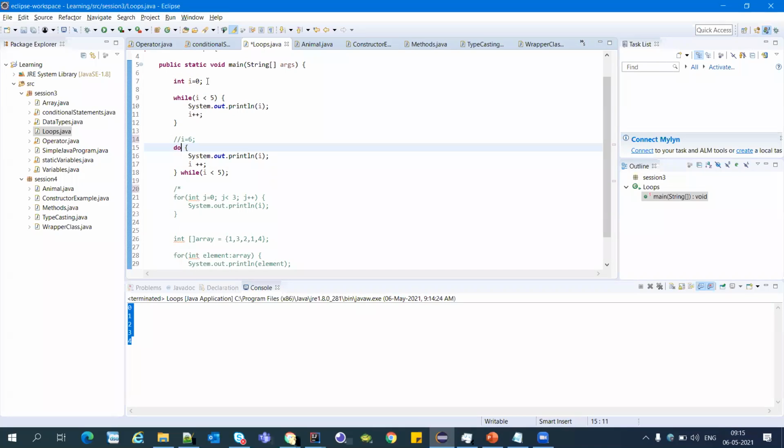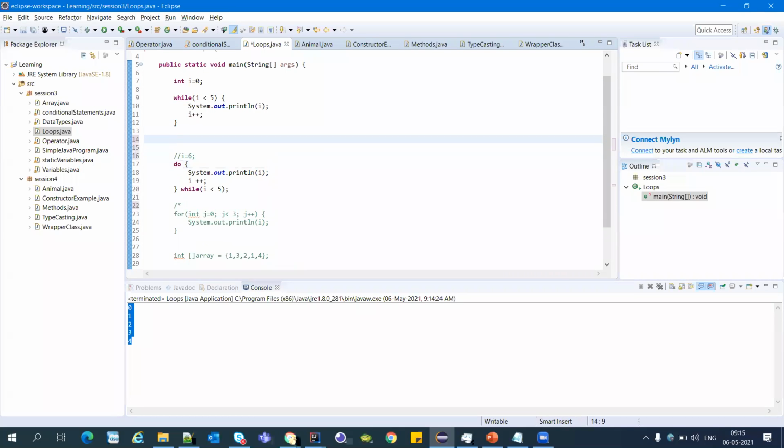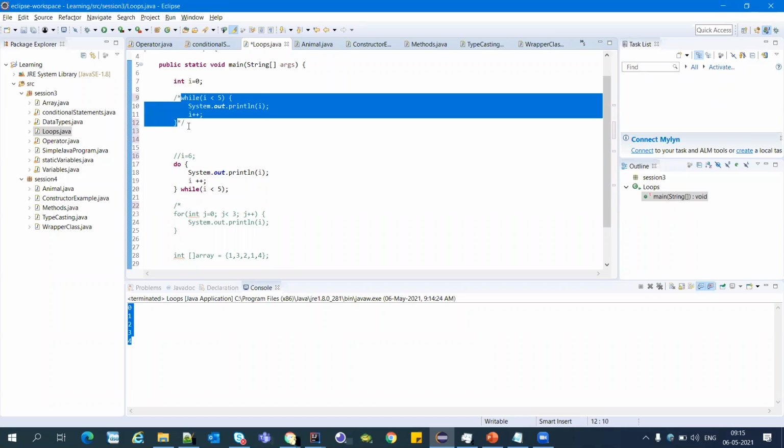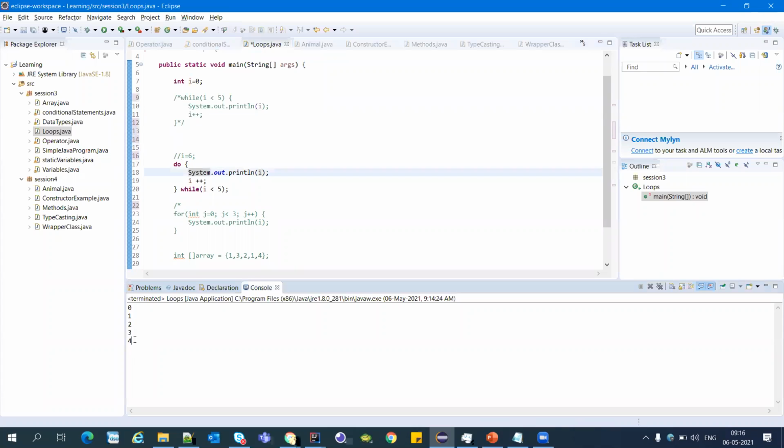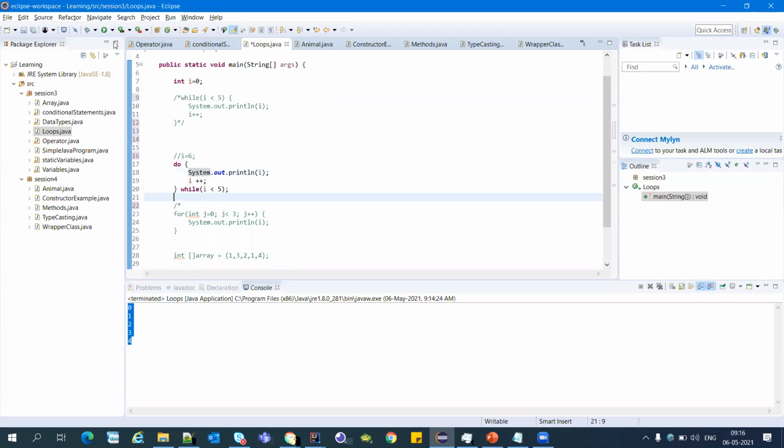So here, I will comment this value so that it won't change our i value. So i is 0 and it will execute the same way and print the same result. So what is the difference?